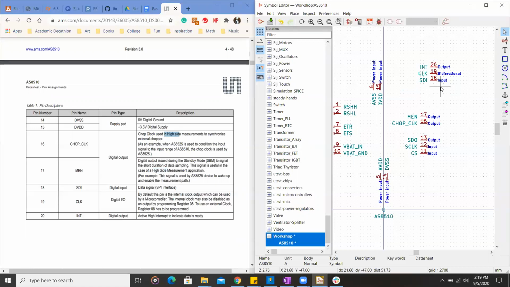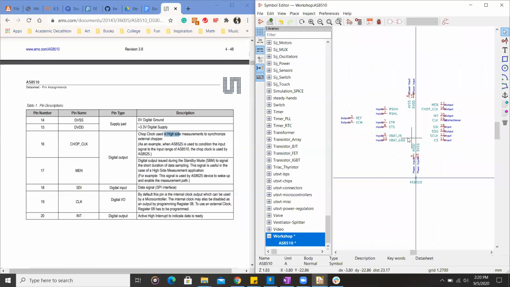And notice how SDI here is also related to SPI, so it's a good place to mix up the order, even though it will be hard from a numerical standpoint. It's easier to see in the circuit, and then we could just have the interrupt and the clock pin be here, and then these be here,